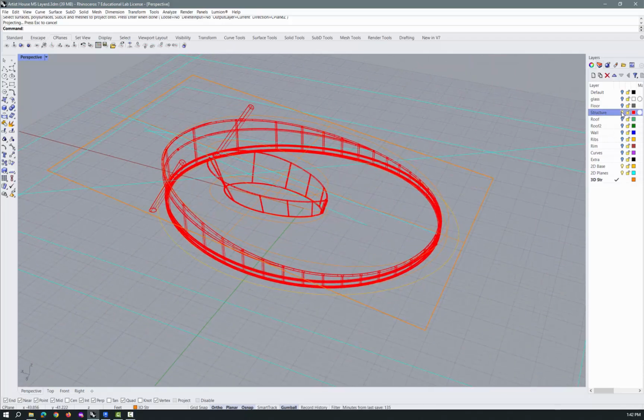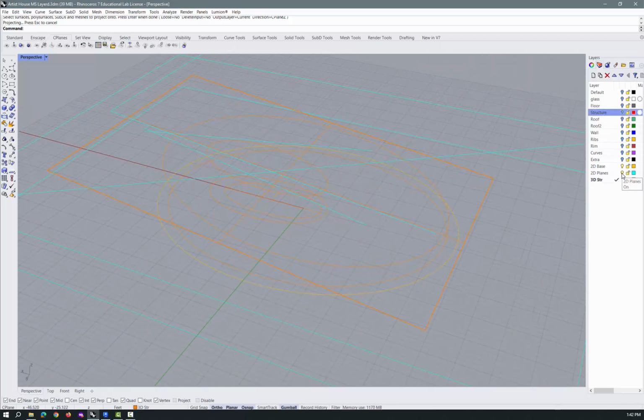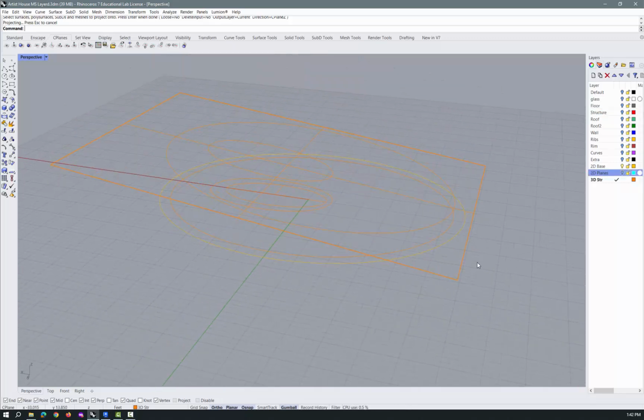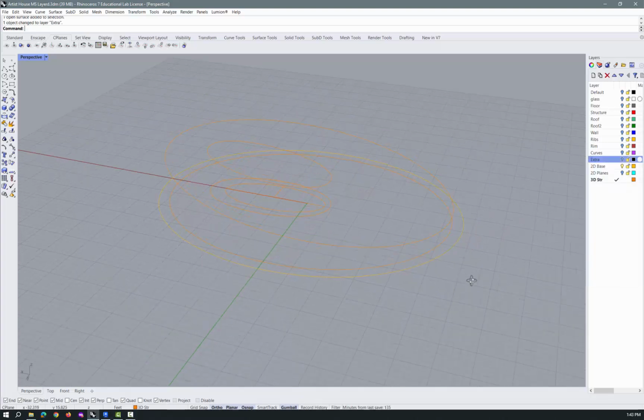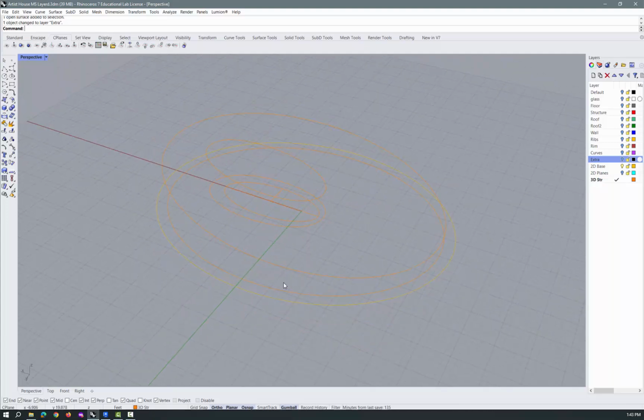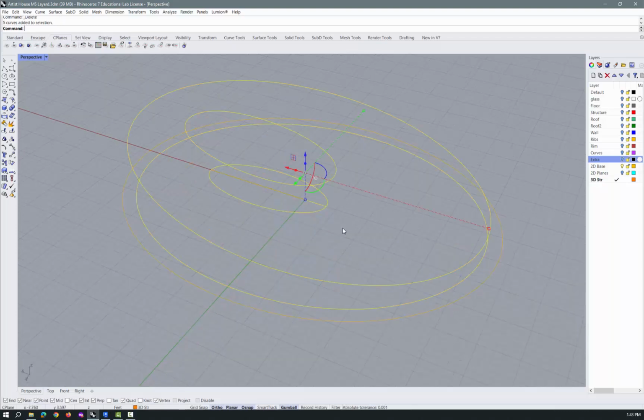If I turn off the structure, and let's turn off the planes, then that's what I've got. I don't really need this surface anymore. I'll just flip it to extra to get rid of it for right now. But really what I need are these 2 and these 2. I don't even really need this anymore. It's just a guideline. So really all I need are these 4. So I'm just going to pick these guys and